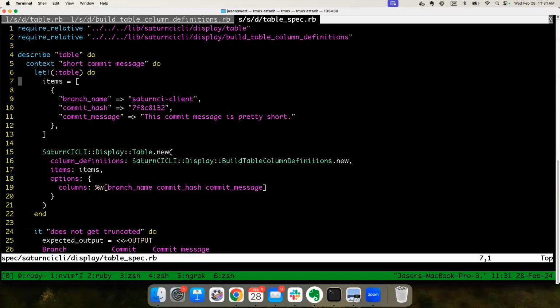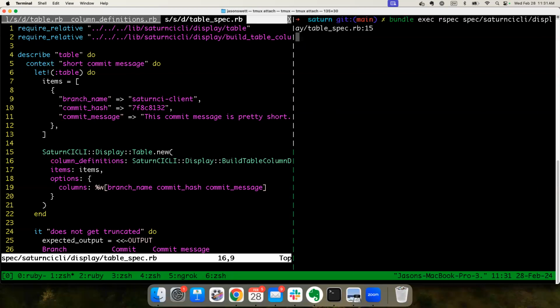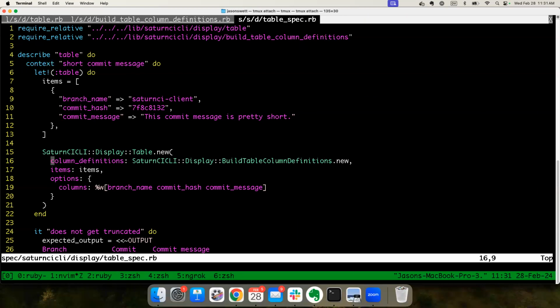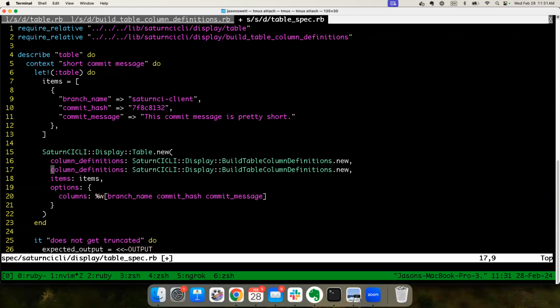But this is like unwieldy. What would be nice? Okay, let's go back to the one that passes. What would be nice is if we could instead do something like this. Build. Builds. No, just build. Okay, so now